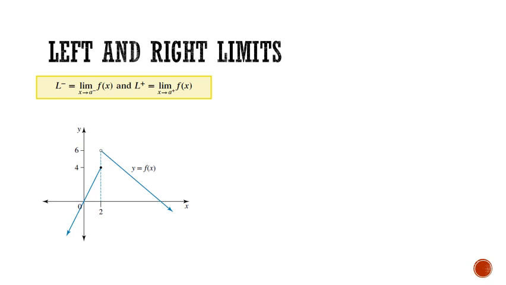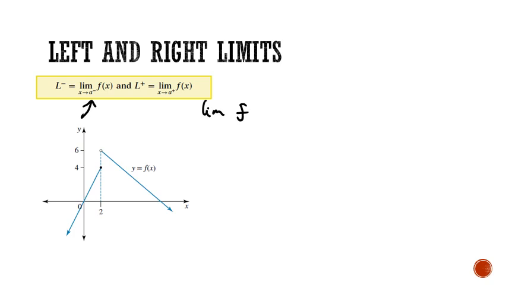Now, there's something called left and right limits. What that means is you either start from the graph on the left side or you start from the graph on the right hand side. Now if you have a look, there's a negative on the A. I don't know if you guys can see that from the back, but there's a negative on the A there. That means you start from the negative side. So looking at this here, if we look at the limit